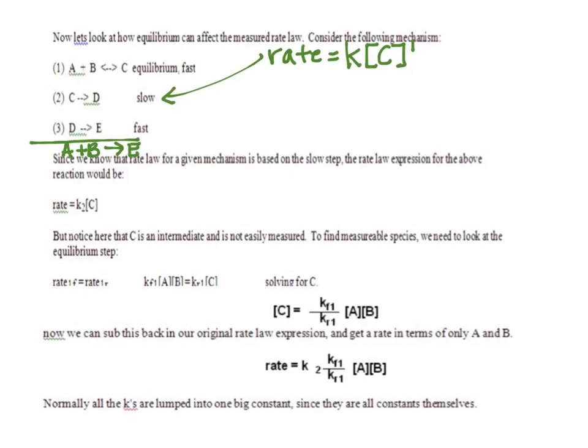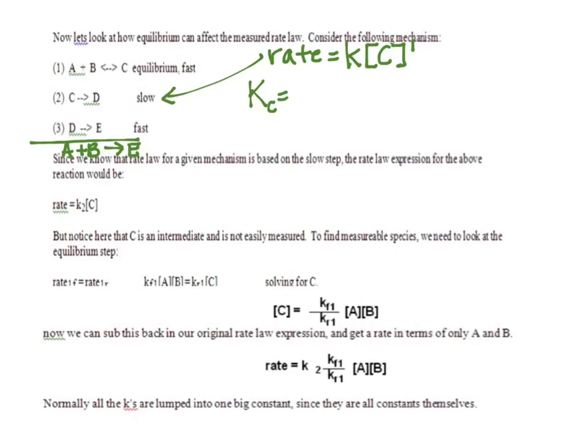Why cannot C's not even in the equation. C's not in the equation? What do we call C? It's an intermediate. Intermediates cannot be in your rate law. But since it's an equilibrium that is prior to it that makes that C, we can use that proportionality. So what we're going to do is now we're going to write our equilibrium expression for the equilibrium